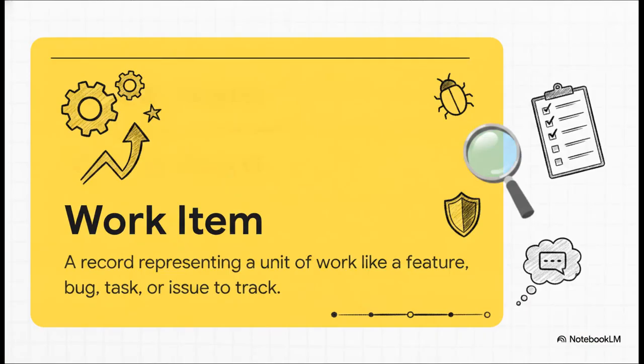What's really fascinating to me is just how simple yet incredibly powerful a work item actually is. It's essentially a database record in Azure Boards that represents a single unit of work. So whether you've got a brand new feature to build, a nasty bug to fix, a daily task to complete, or even just a risk you need to track, the work item acts as your absolute single source of truth. It captures all the planning details, who owns it, the discussions around it, and the entire history of the work